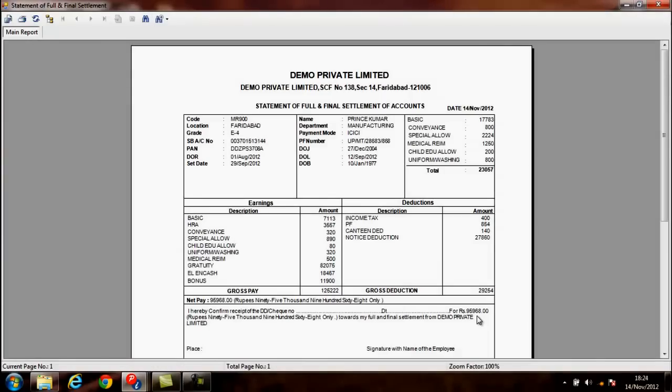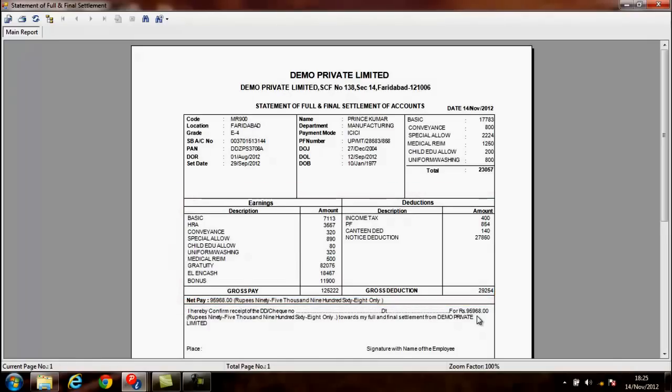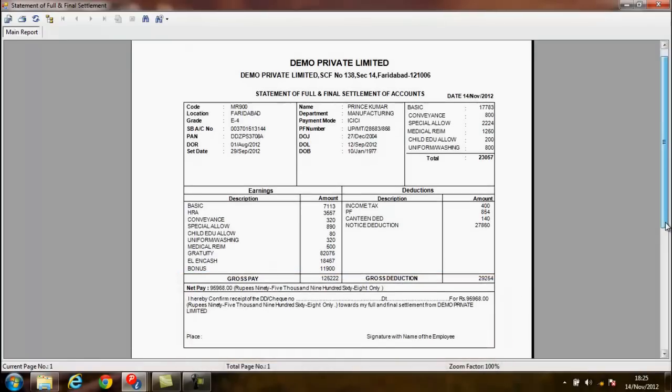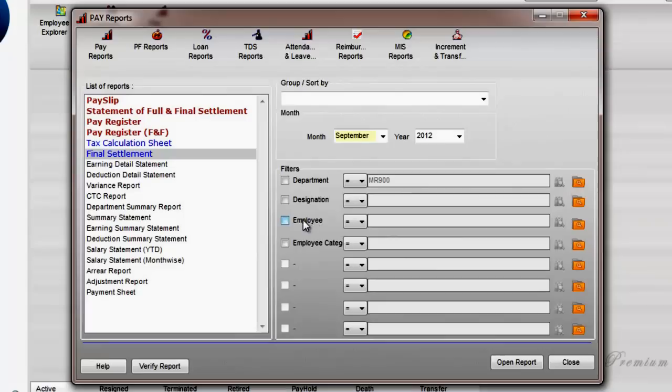In this report, the HR info of the employee is shown in the top two sections, including his date of joining, date of leaving, and settlement date, etc. The third section shows the salary master detail. In the section below, we have details of earning on the left part and deduction on the right part. Also at the bottom section, we have a provision for acknowledgement of the receipt. Similarly, you can check the other format for final settlement and follow the same process.